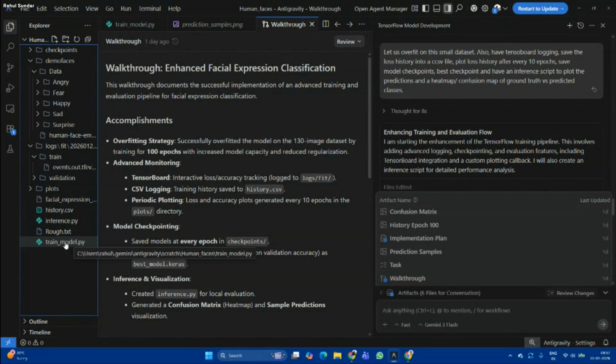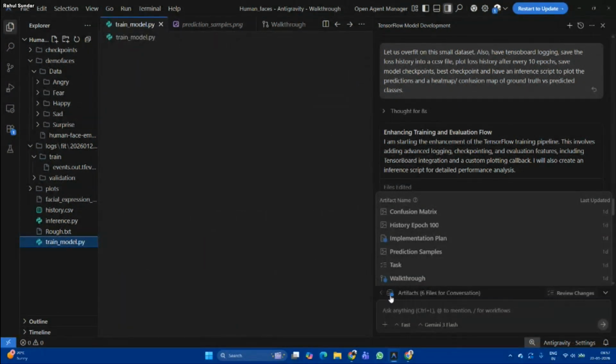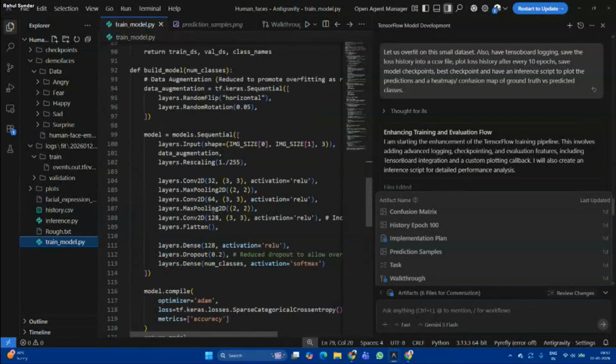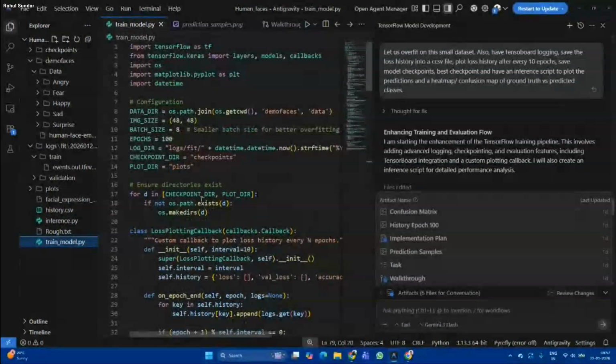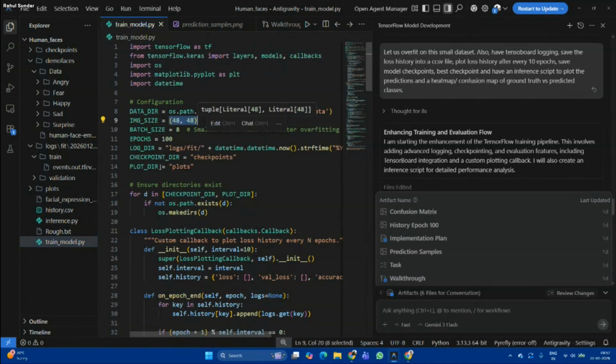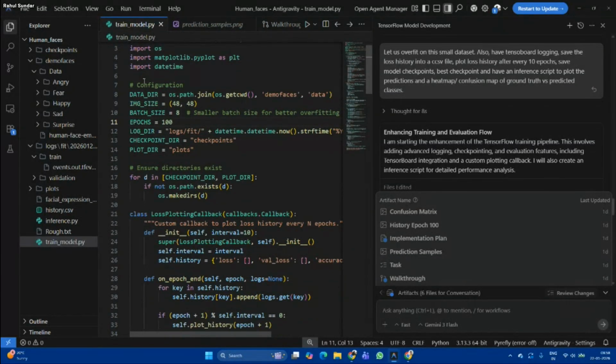So this is the code that it has generated. I barely had to touch the code. I didn't make any changes myself anywhere in the code, and it automatically recognized that the image size was 48 cross 48 and chose a batch size that was appropriate for my system. And then it defines all these constants